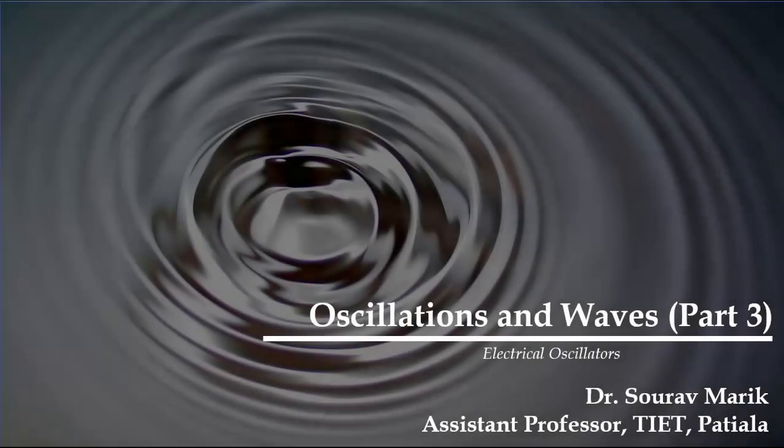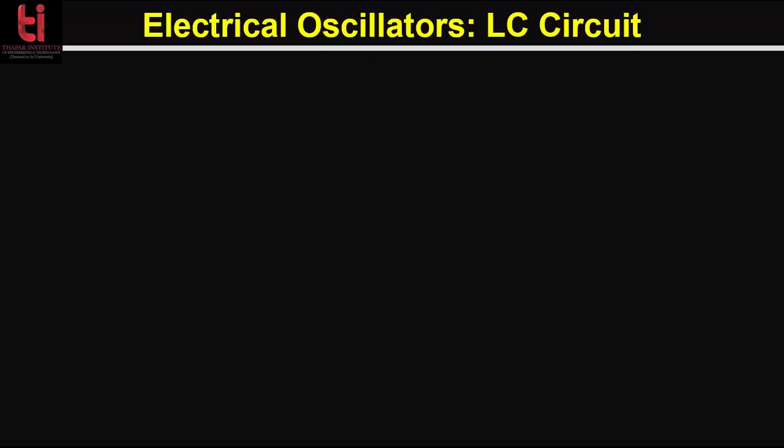Welcome everyone. In this part, I will discuss oscillations in an electrical circuit. In my previous lecture, I discussed simple harmonic motion of the mechanical system. In this lecture, we will see that the oscillations of an electrical circuit are described by a differential equation that is identical in form to the differential equation of simple harmonic motion for the mechanical system. So the solution will be identical.